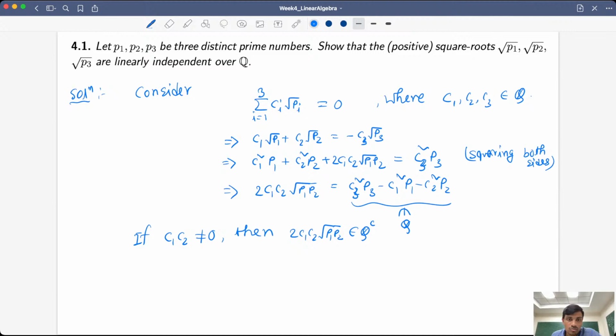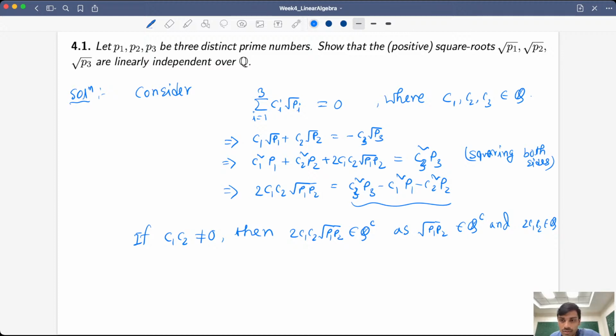This is simply because if it were rational, then root p1 p2 would also be rational, since 2 c1 c2 is rational. So root p1 p2 belongs to Q complement, and 2 c1 c2 belongs to Q,